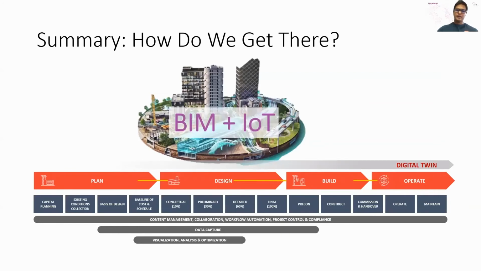So in summary, how do we get there? You would need BIM and IoT. BIM does not equal smart cities, it does not equal digital twins, but it puts you on the path to achieving that goal, where you would take that model, that digital representation, with the bridge of IoT, create an integrated virtual representation of the asset, of the city and so on. So I hope that gave you a much clearer understanding of what BIM is, what IoT is, what digital twinning is, and why they are all so closely interlinked in achieving smart cities.